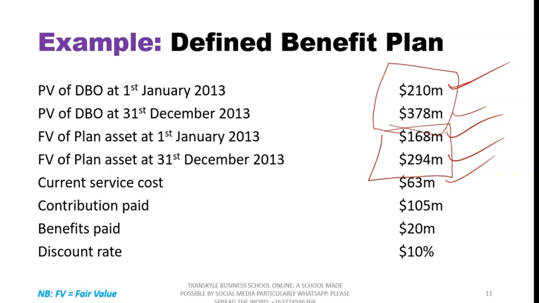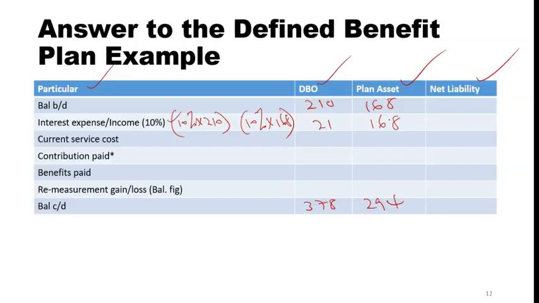So being an expense, it has a tendency of increasing our defined benefit obligation. So let us slot in the current service cost of 63 here, because it is increasing our defined benefit obligation. Okay, so roughly the double entry in this case is